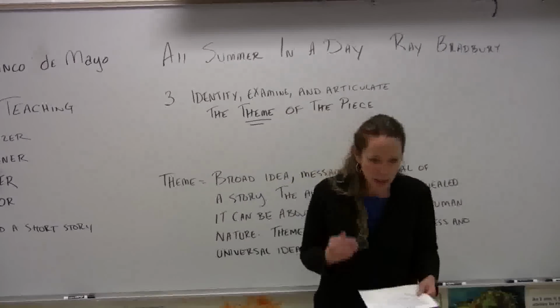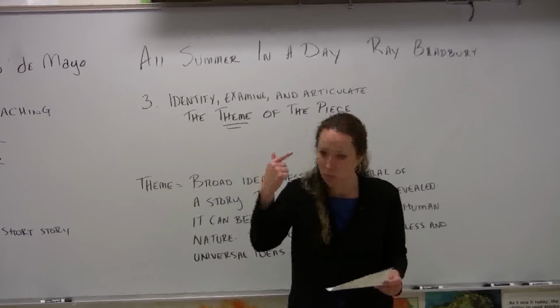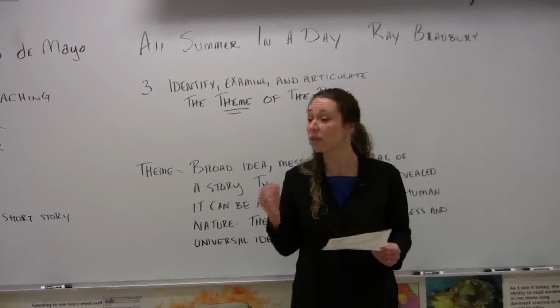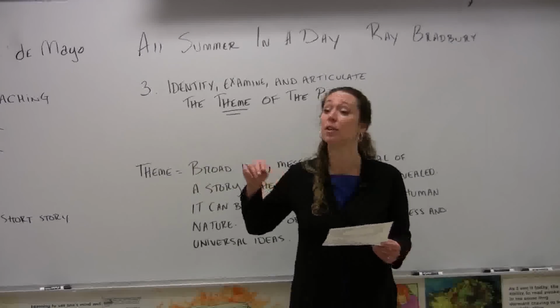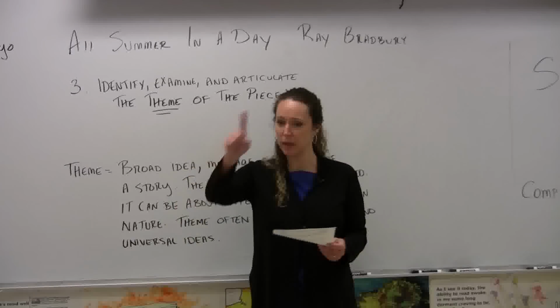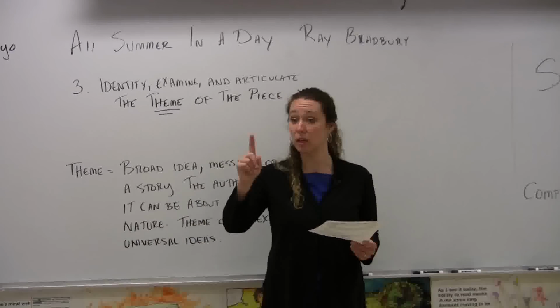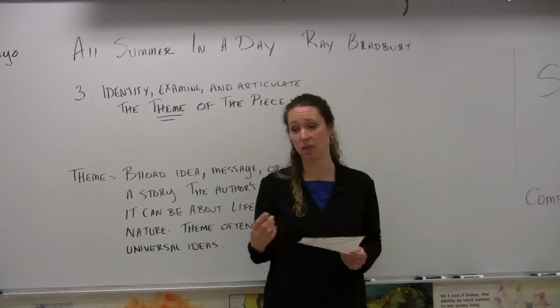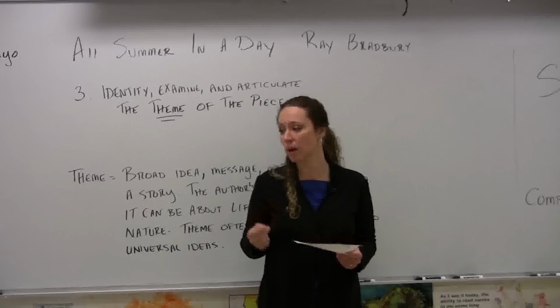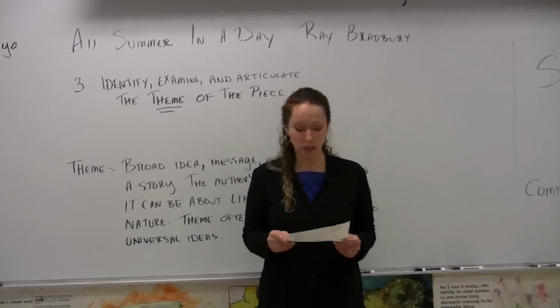When you are independently reading a story, you're going to do all of these roles by yourself, with yourself in your mind. We're going to do it today orally, verbally, so that people can hear us, and you're going to take turns with those roles. As a reminder, how we've done this in the past is we'll read one page together, and each of us will then perform our role, and we'll have a nice discussion. We'll read the next page, switch roles, and then repeat the process until we have finished reading the piece.